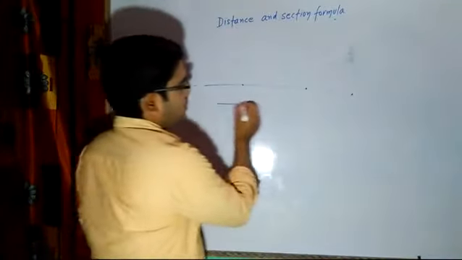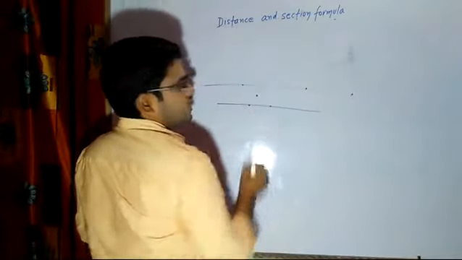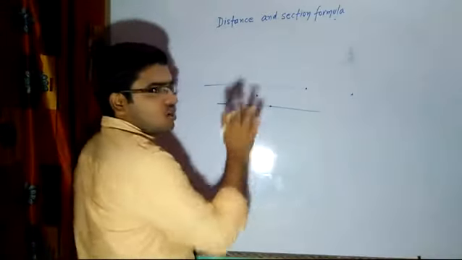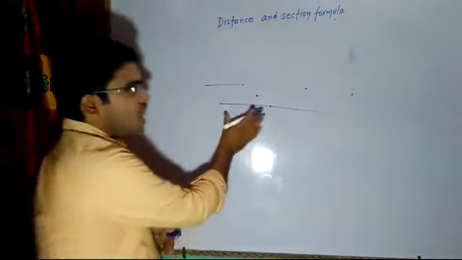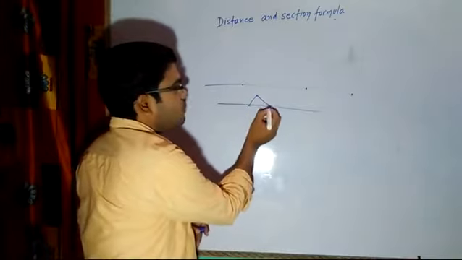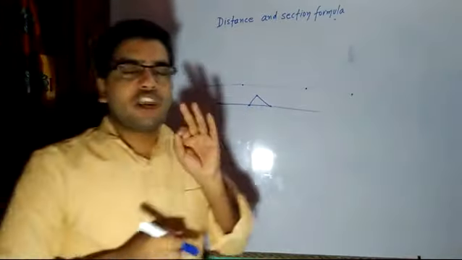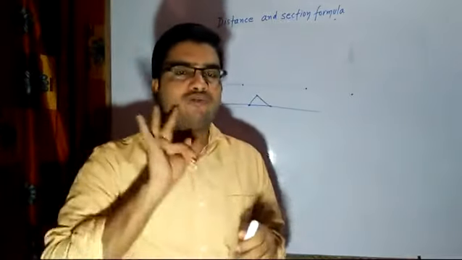If I have another straight line and one point is here, another point is here, another point is outside this line, then these 3 points are not said to be collinear. If they are not collinear, then definitely they will form what? They will form a triangle at the joint, because the minimum points required to form a triangle is 3 points.